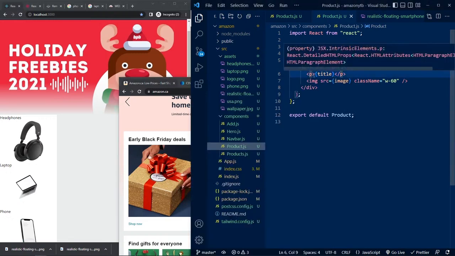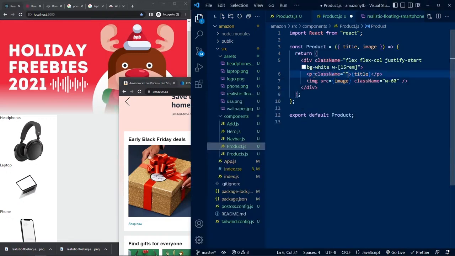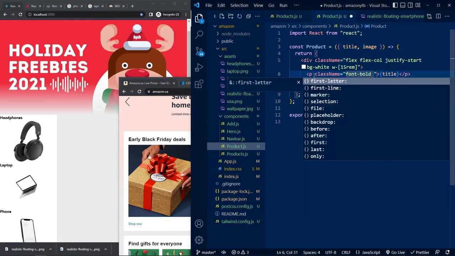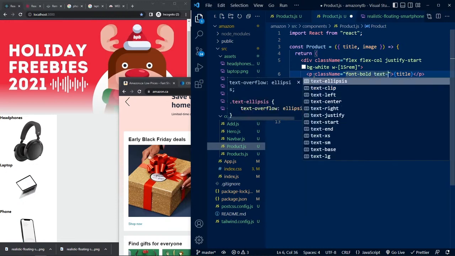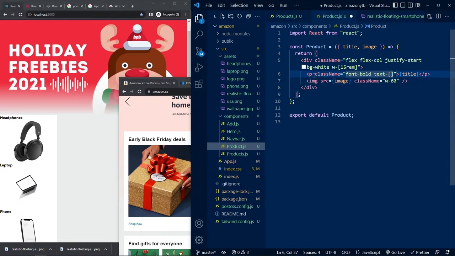I'll say class name, text font bold, like that. Doesn't look very good. And text, I have a fly. So text should be like 20 pixels,